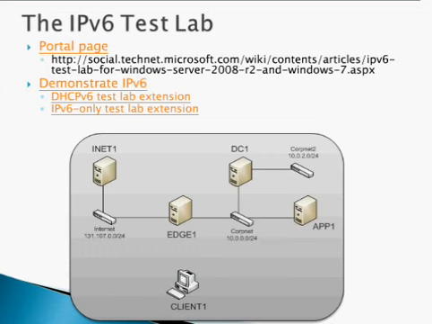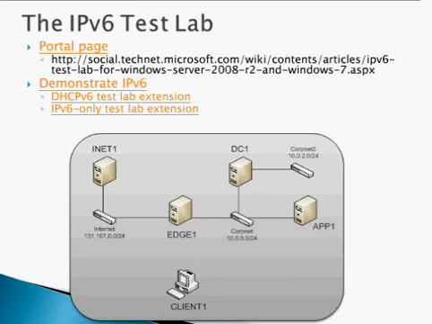Test Lab. There's a Demonstrate IPv6 Test Lab guide that takes you through link local, ISATAP transition, and then finally native IPv6 addressing. And then there are a series of extensions that take you through DHCPv6 and actually converting the little subnet, the little corporation intranet, to an IPv6-only Test Lab extension. And so I encourage you, if you're just starting out with IPv6, to access these resources and build out your test lab,